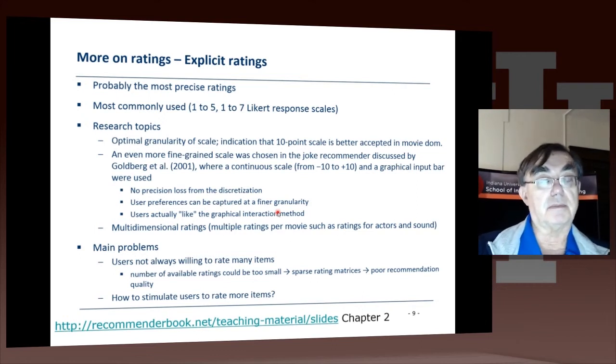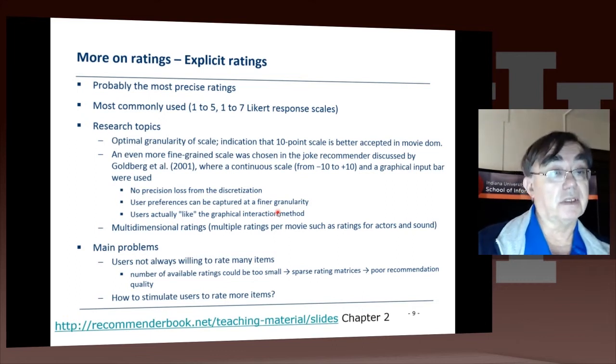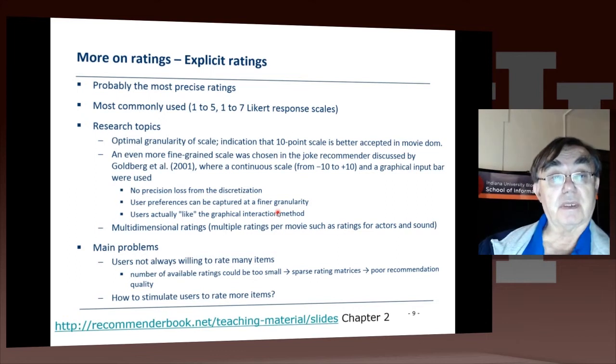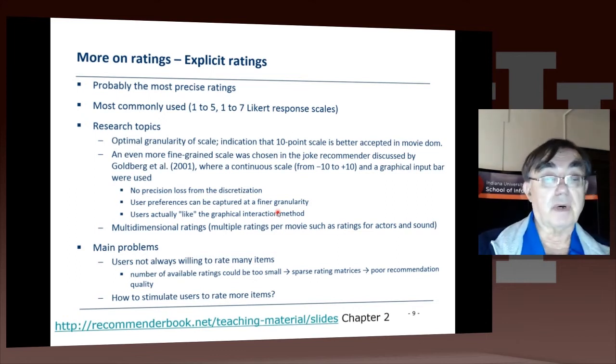And so these numerical scales, which do not have much granularity, turned out to be reasonably successful because it's probably true that most users really can't rank terribly accurately, better than this 1 to 5 or similar type of scale. So in movies, I gather that the 10-point scale was accepted. There is something we mentioned earlier, the Joker website, and we discussed that in the previous talk. And there they actually had a continuous scale and some sort of input bar.